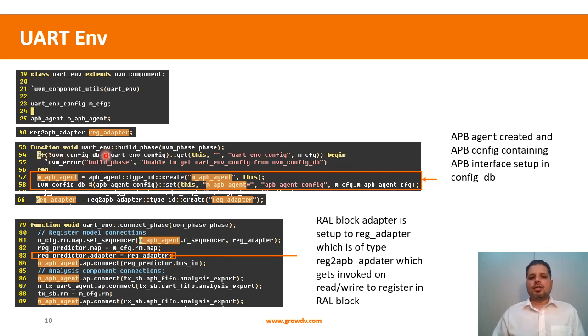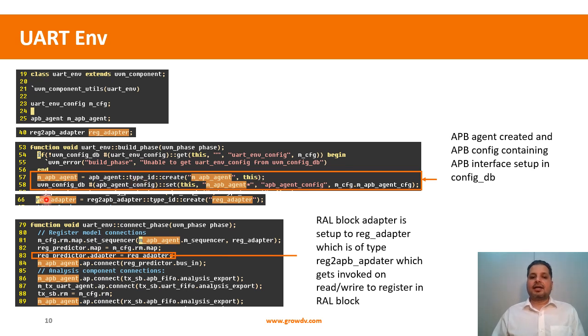Okay, so we are in the build phase of the environment. In the build phase of the environment, what we are trying to do is get this UART environment config. This is the overall config that was set in by the base test. Okay, so we get that in, and then we create the APB agent